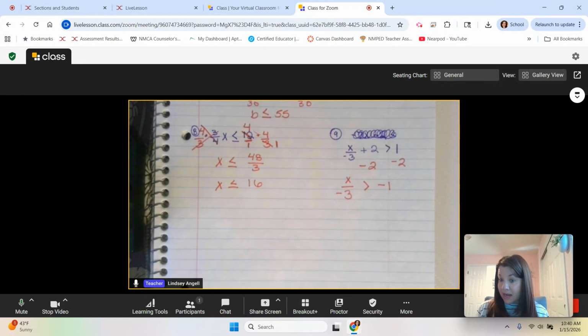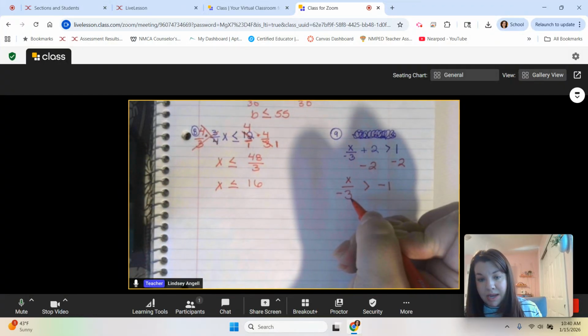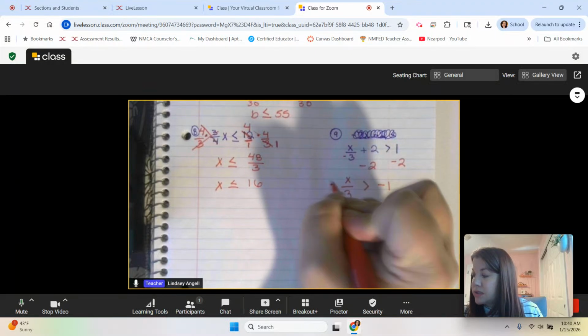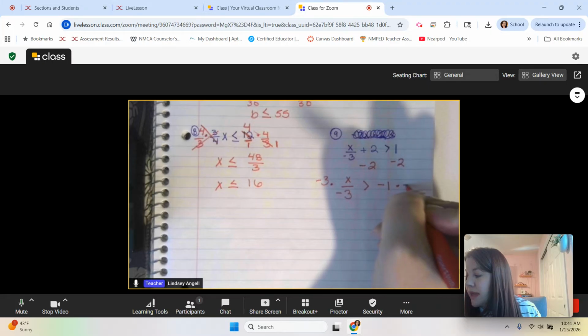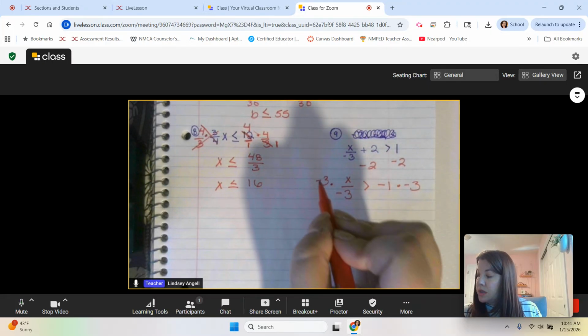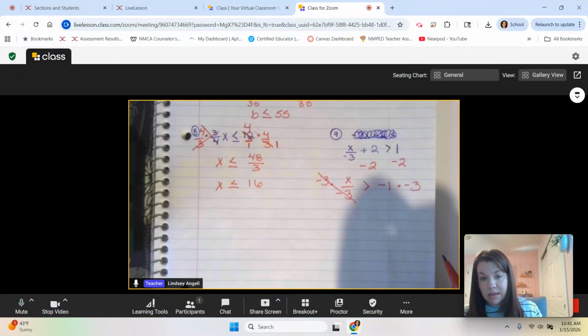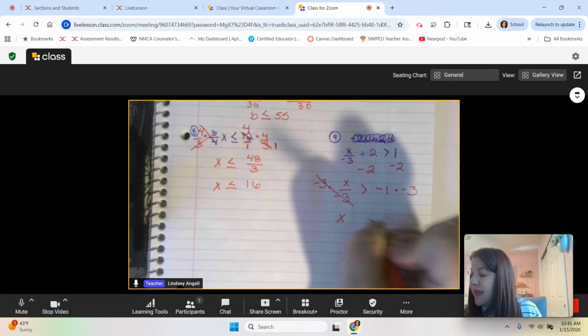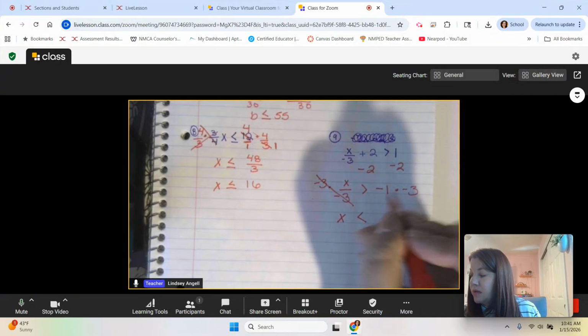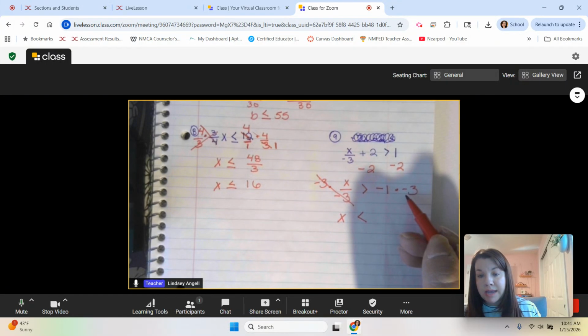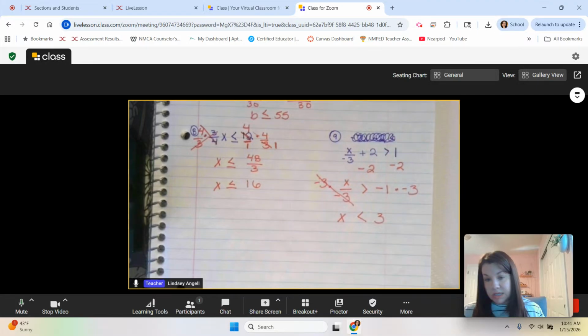Well, now I'm dividing by -3. So again, that little radar needs to be going off in your head of, hey, you're going to multiply by a negative, so you got to flip your symbol. So since I'm dividing by -3, in order to cancel it out or to solve, I'm going to multiply both sides by -3. So when you multiply and divide by the same thing, they cancel. I'm left with x, flip my symbol to be less than, and then -1 times -3 is +3. Okay? Oh, and I forgot